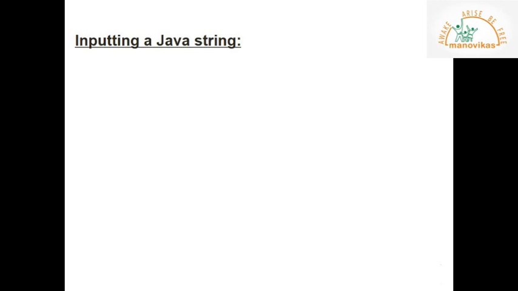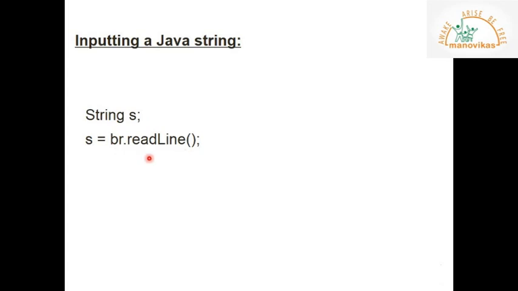How to input a string value to a variable? First of all, declare the variable, that is the name of the string. This is a data type. So this statement is for declaration of the string variable. And you can use the br.readLine function.